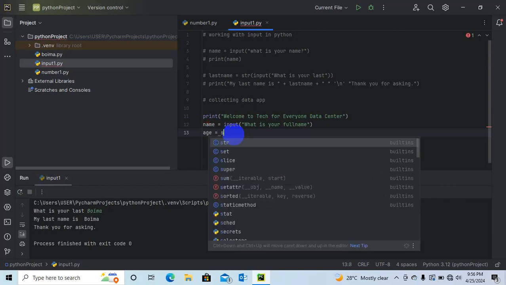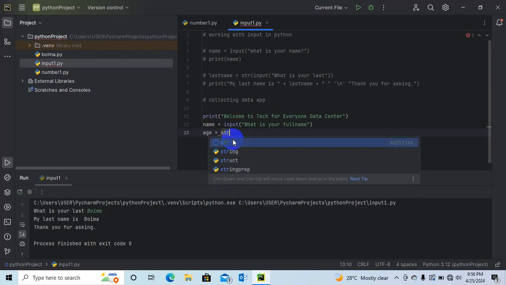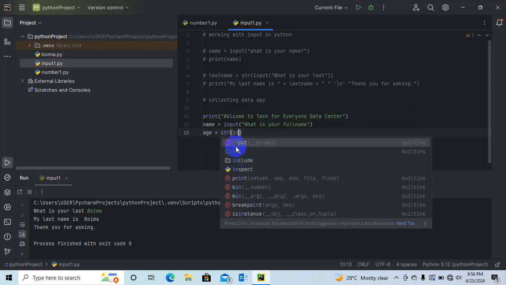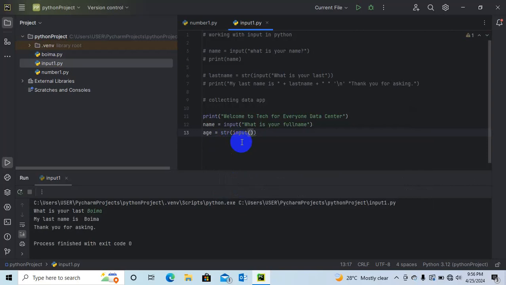So we say string, then parenthesis, and we put input of, in inverted comma, how old are you?